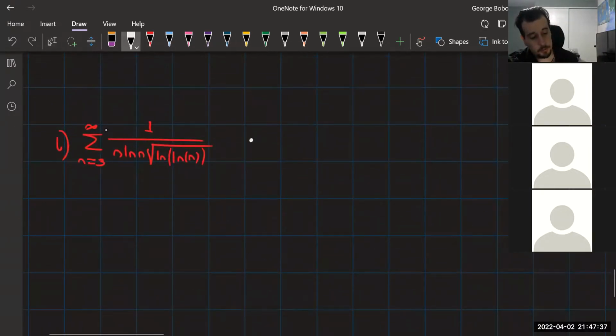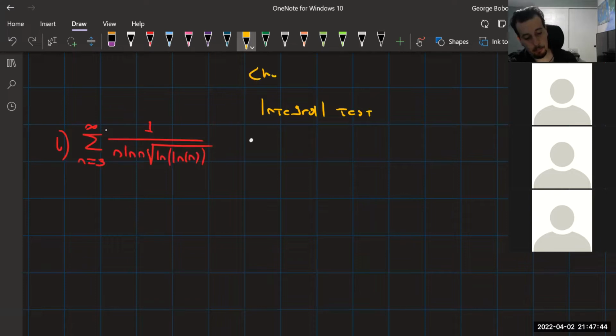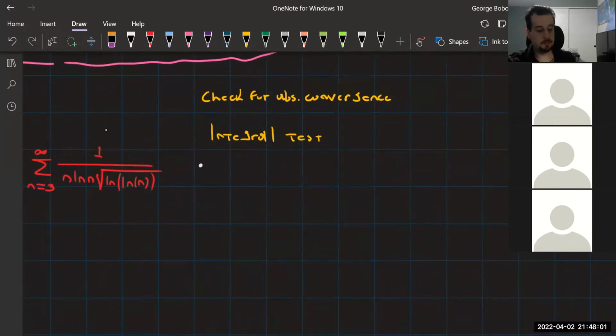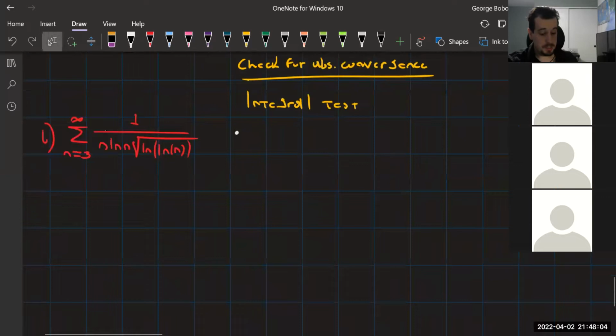First of all, okay, so we're doing the integral test. And again, we're checking. Check for absolute convergence first. That's what I'm trying to write here. Absolute convergence. So that's what we're doing, and we're trying to use the integral test. So the integral test says, let me highlight here what we're referring to. This is a_n.